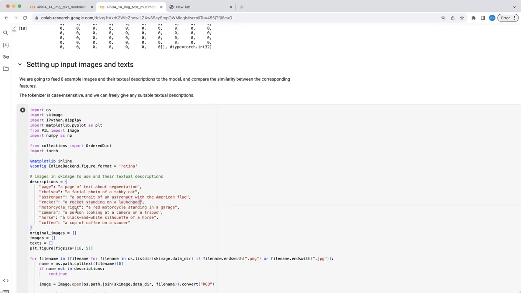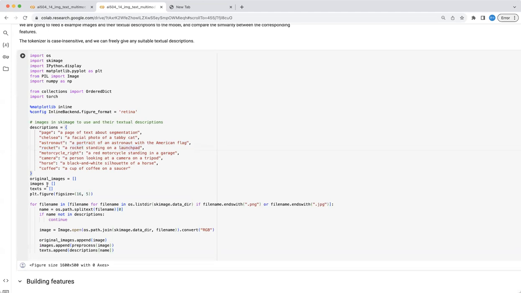These are the descriptions we will need, and by this code, we will append the images to the original image list. Keeping the original data is important for preserving the unaltered state of the image for reference or comparison. And the list for the processed image, and append the text of this description. And then